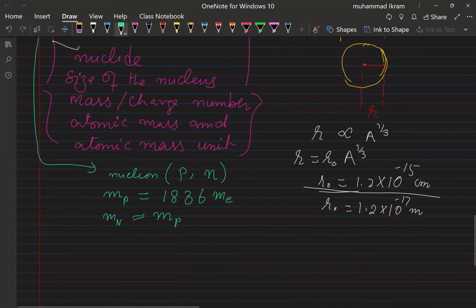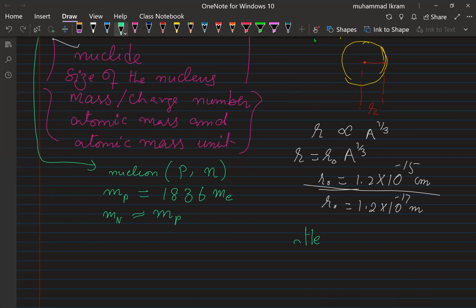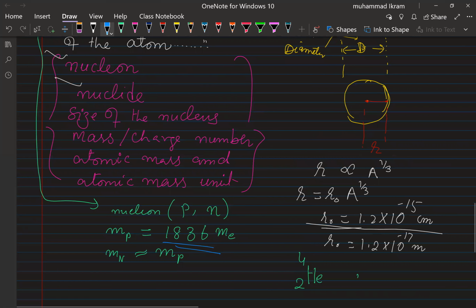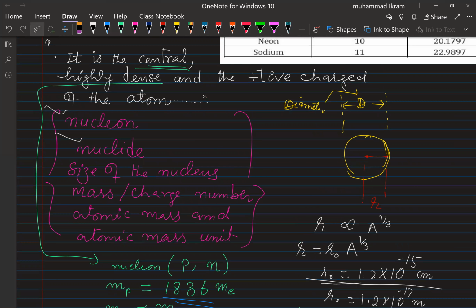Now, for example, if you take helium, look into the helium nucleus. What do you see? You have two protons and two neutrons, so four nucleons. If you multiply this number by 4, the mass of the entire nucleus will be 4 times this number. Since the mass of the electron is extremely small, the entire mass of the matter is concentrated at the nucleus.